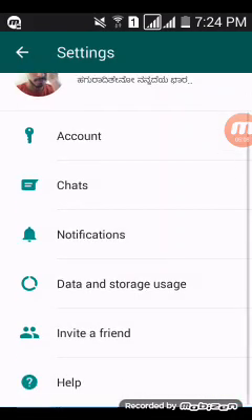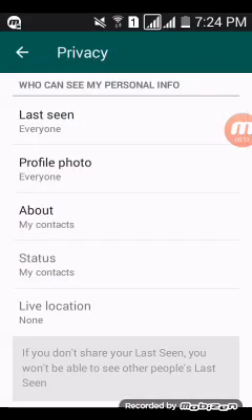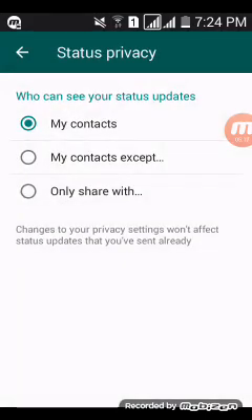So how you can go to privacy, where you can change last seen, profile photo, about, status. How can you change the status privacy? So you can see where your status can be seen by only contacts, or only with the contacts except some people, or only share with whomever you like.